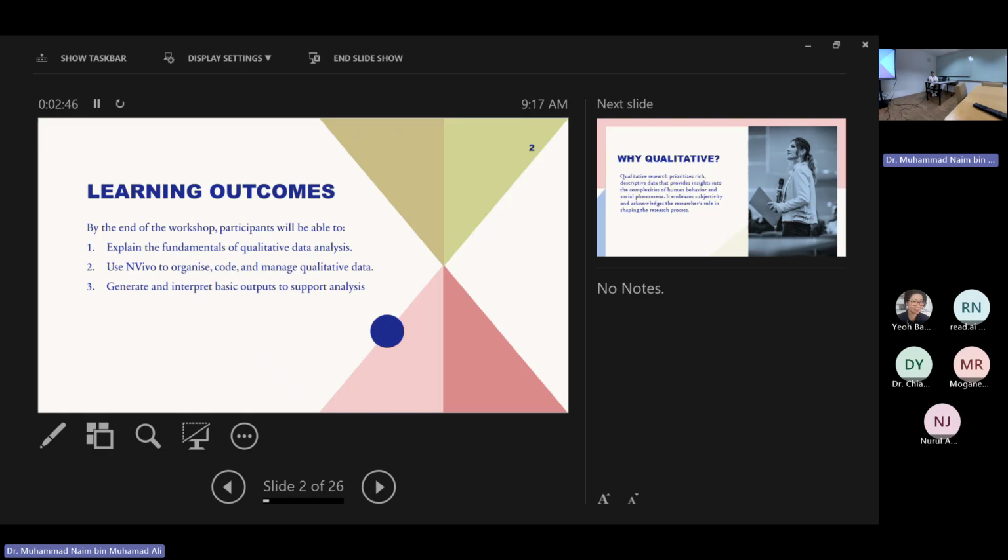Second, thematic analysis. And then the least popular, IPA or interpretative phenomenological analysis, which I used for my master's and PhD. Then, the use of NVivo to organize, code, and manage qualitative data, and lastly, to generate and interpret basic outputs to support analysis.